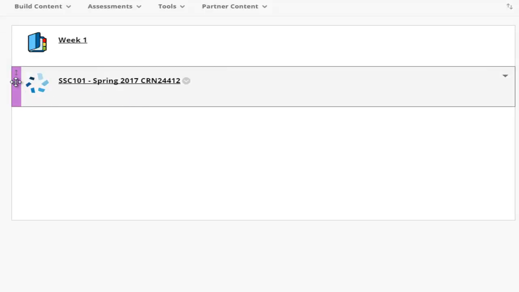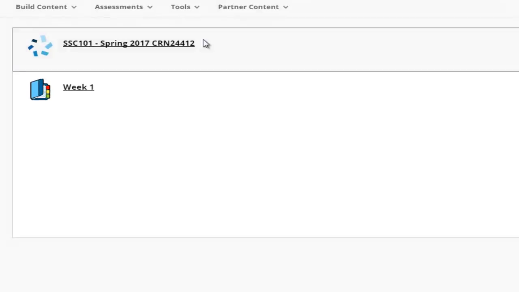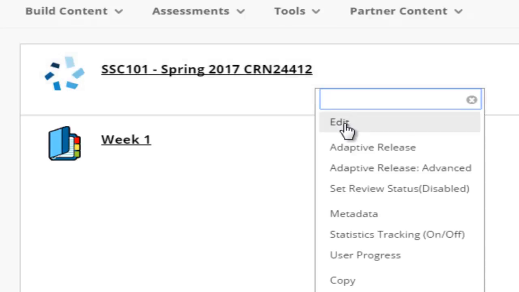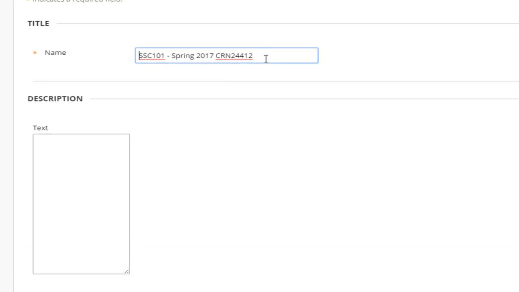Maybe we want to move it to the beginning of our Lessons tab. If we want to edit the name of it, we can do that. Don't edit the name of any links for assignments though, as it will break the link and the assignments will not read to your gradebook. The only one I would suggest ever editing a name on is your master link here. To do that, we click on the chevron, choose Edit, and I'm going to say